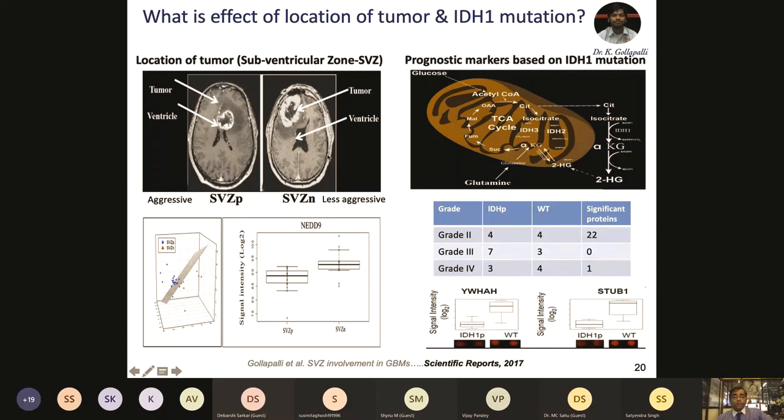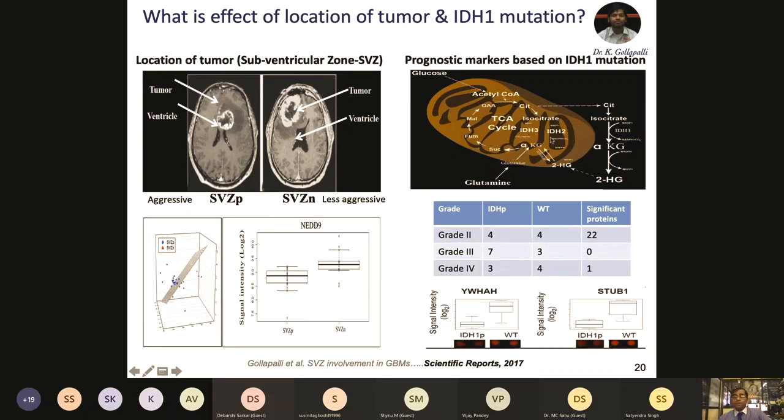So based on this, we looked at whether there is a subset of autoantibodies which are different in this group of patients versus that group. These are all GBM, glioblastoma multiforme patients only. And we could find only one protein that was actually different in these two groups, NED9 protein, which we also validated with ELISA, and that looked like a nice prognostic marker to convey that maybe these patients might have the less aggressive disease and could be surviving longer.